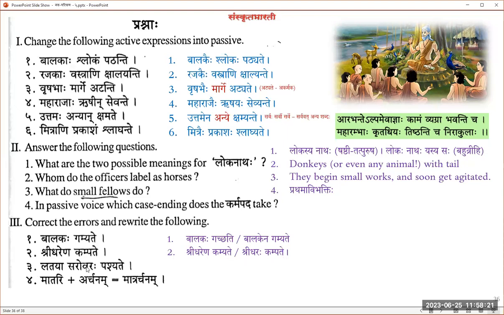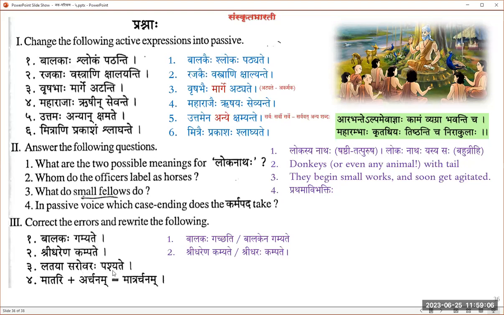So let us invite Kunikannan Varya. Sir. Lataya sarovaraha pashyate. Lataya sarovaraha drishyate. Perfect. This pashyate is actually not a form that is correct. I withdraw my statement that all the words here are correct. This one actually is a fatal error. Pash dhatu changes to drish form. So drishyate is seen. By Lata, the sarovara or the pond is seen like that.